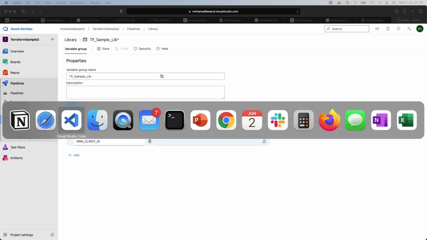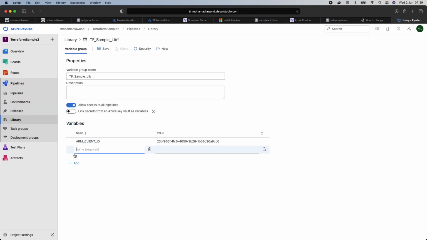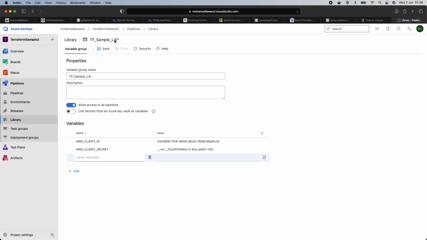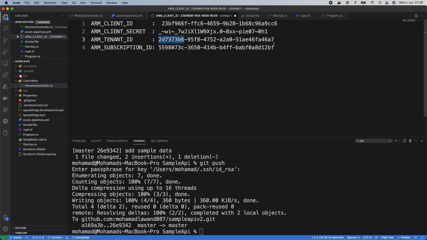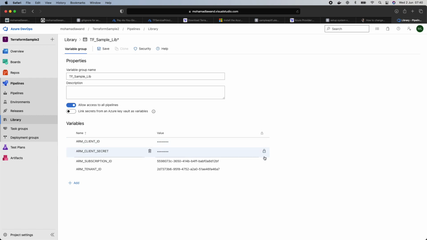So client ID, client secret, tenant ID, and the last one is the ARM subscription ID. And once we have those ready, let's click on save. And let's lock them up so we cannot really see them. And let's click on save again, and we can see it has saved correctly. Perfect. Now that we have this information there,